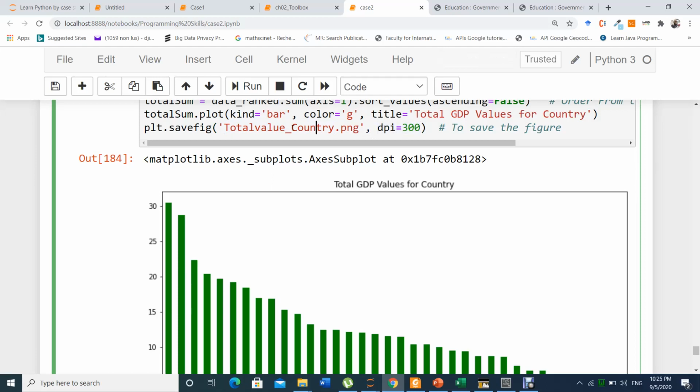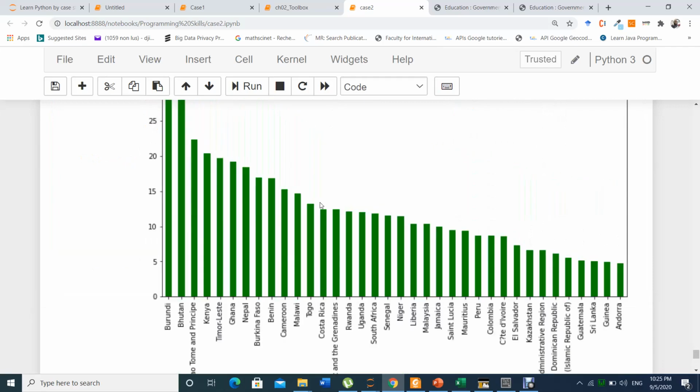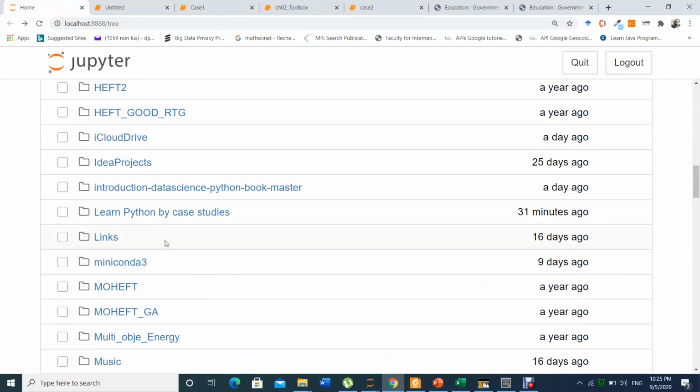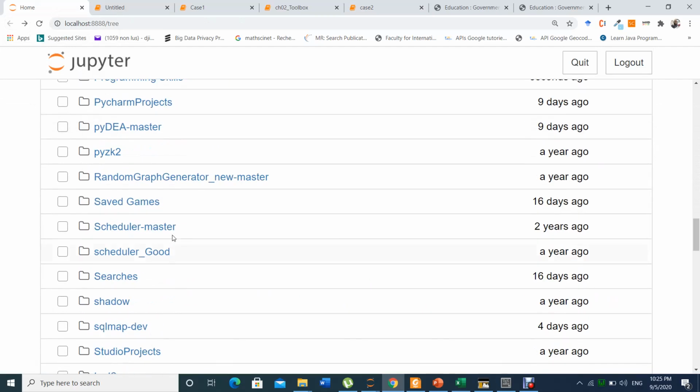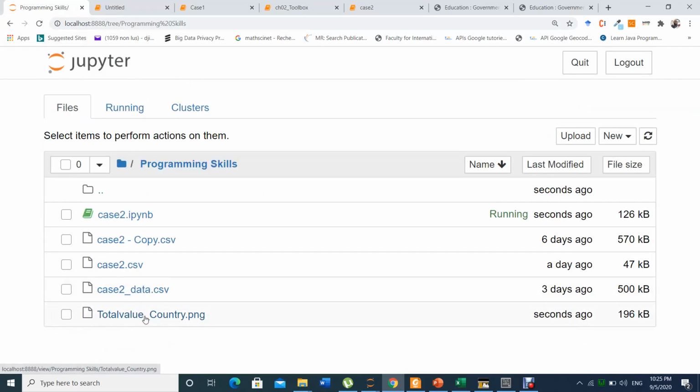So when you do this and run, it will automatically save it in your programming folder. For instance, when I go to my programming folder, you'll see this is the name I gave. This is the image, so you can just upload it from downloads or put it in your Word file or somewhere.